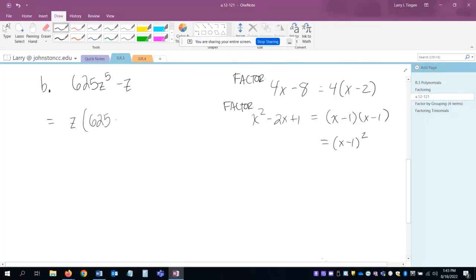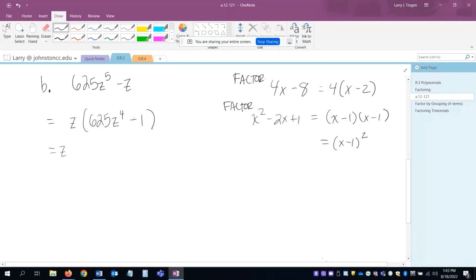It doesn't take a whole lot away, but it does take away one z from this z to the fifth, so that leaves me a z to the fourth. And it factors out a z from this term. Factoring a z out is done by using division. z divided by z leaves me 1, and that minus is there. Okay? Now,